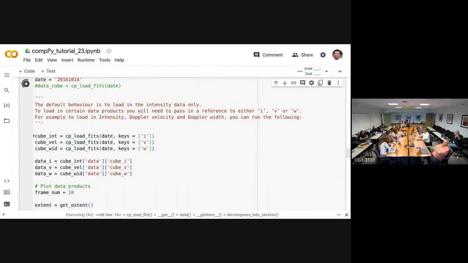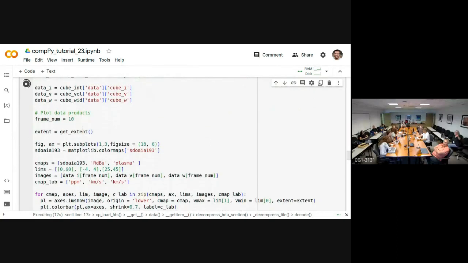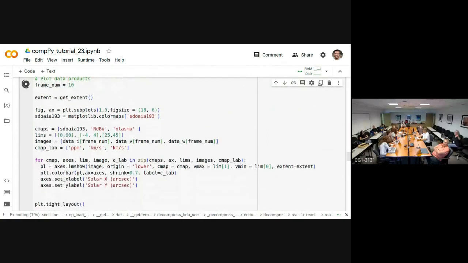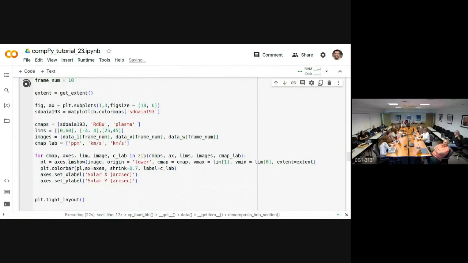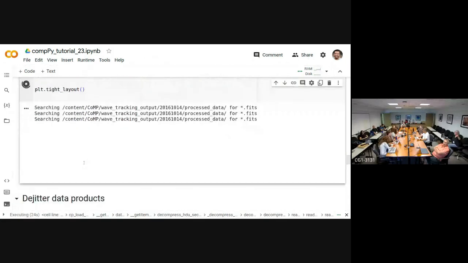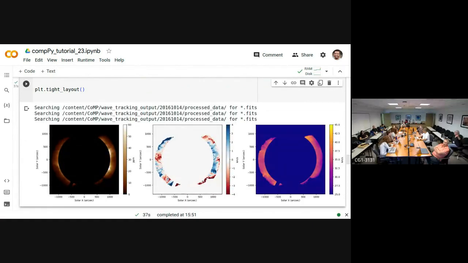CPU load bits. It's going to find the date. It's going to load your files, and it's going to sort it all into intensity, velocity, and so on. From the intensity cube, it will go to the keys, the data and the cube I, and then you'd assign some sort of frame number, the color match that you're interested in, and the axis labels, and get the pretty picture. So it is going into your folders. It is looking out for where exactly your processed data is. Data processing is already being done, and it has already stored your bits file into that, and voila, you got your